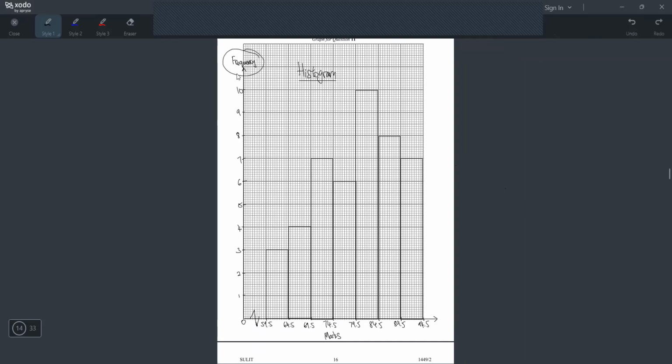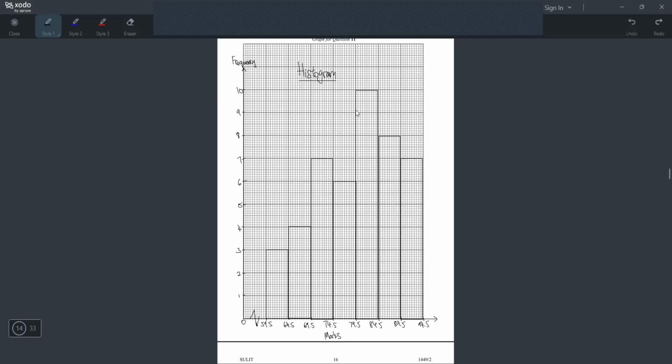Okay, yang ni kena tulis betul, frekuensi. Yang ini kita guna lower boundary, tapi kena tulis marks. Okay, and then saya kena ada simbol yang ni sebab jarak sini, difference, beza sini dengan beza sini tak sama. Okay, beza sini semua plus 5. Sini semua plus 5. Okay, yang depan sini saja yang tak ada plus 5. Sini plus 59.5. That's why kena buat macam ni. And then tajuk kena tulis. Okay, and then the histogram jadi macam ni lah.